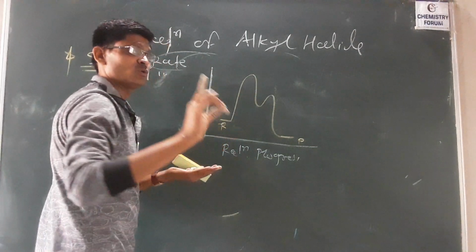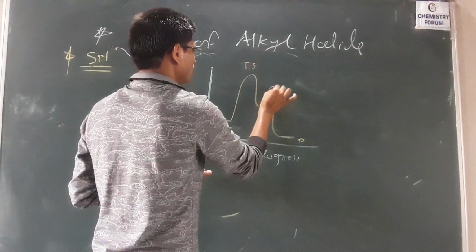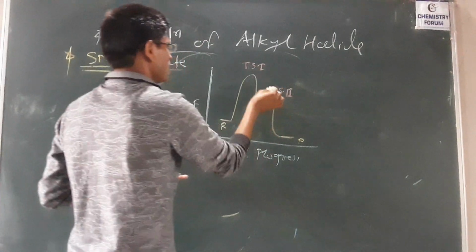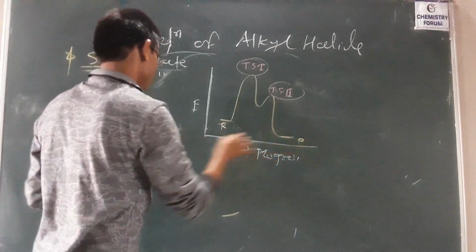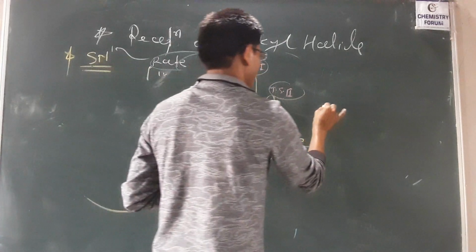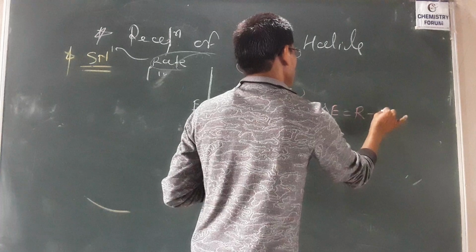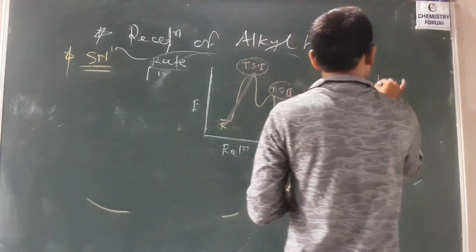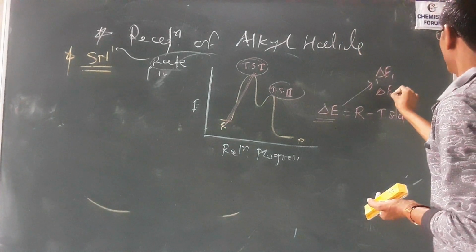So what happened here? We are having this is the two steps of reaction. So that's why the transition state is what? Two transition states. Transition state first. Transition state second. So what is here? This reactant to product. So the energy difference between reactant to transition state is delta E. Change in energy between reactant and transition state. तो यहाँ पे डेल्टा E कितना होगा? So that is the delta E1 and delta E2.